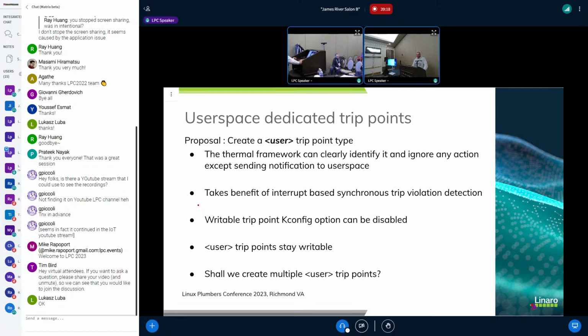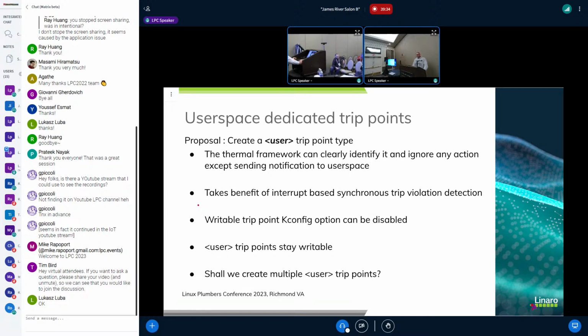So we do use passive trip points, like if you look at our drivers, we do misuse one of the trip points. So you have to enable the writable trip point. Yes, we create passive trip points and you use them from user space. Yes, that's what we do.